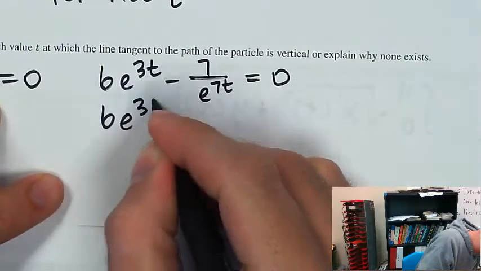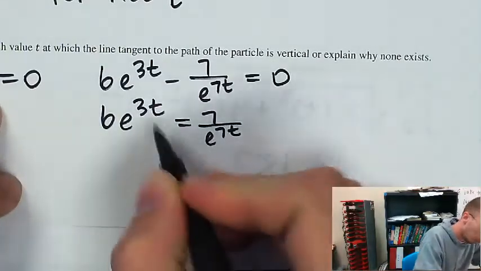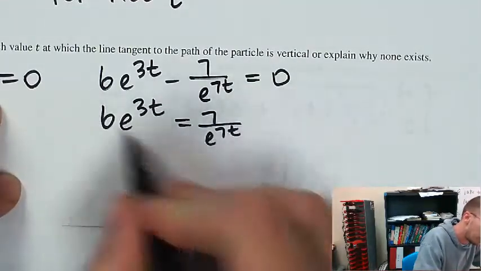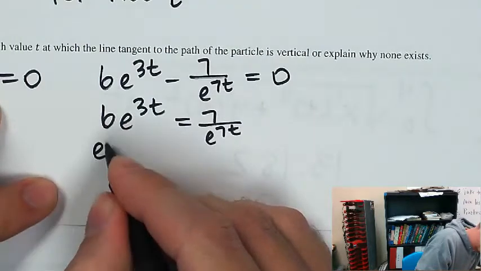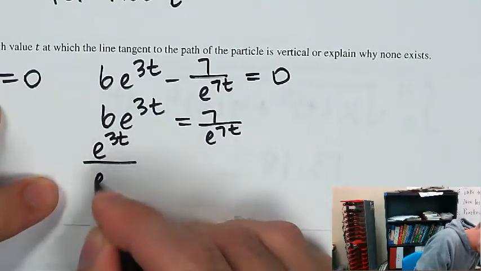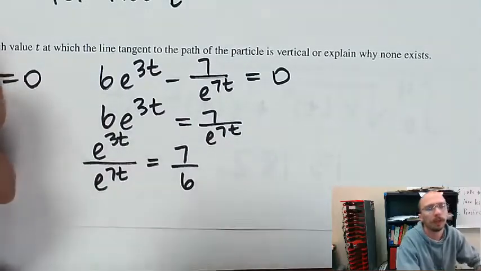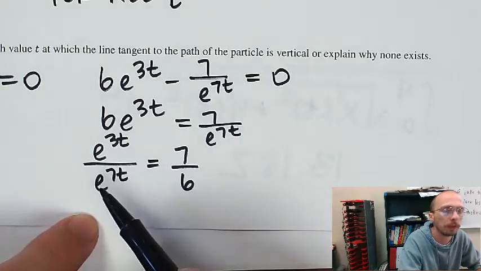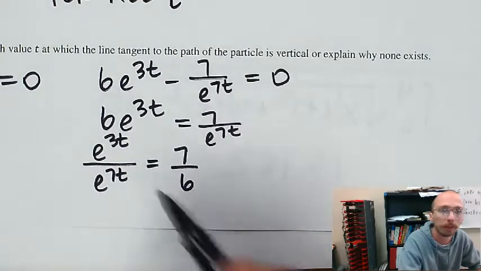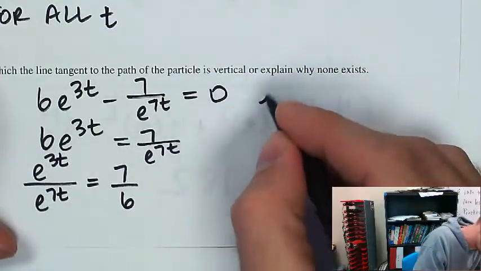So this is 6e to the 3t equals 7 over e to the 7t. So I multiply both sides by e to the 7t and probably divide both sides by 6. So yeah, e to the 3t over e to the 7t equals 7/6. What's going to happen here is I'm going to use a property of exponents. If I'm dividing two things with the same base and different exponents, I subtract the exponents. So this is now e to the negative 4t